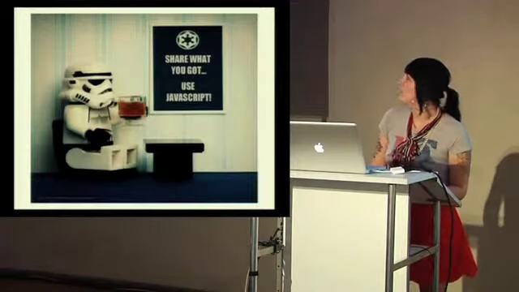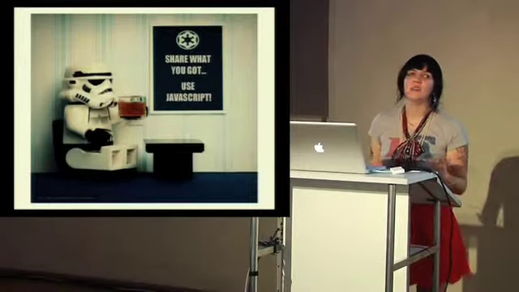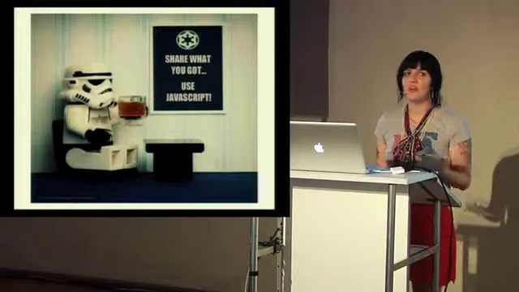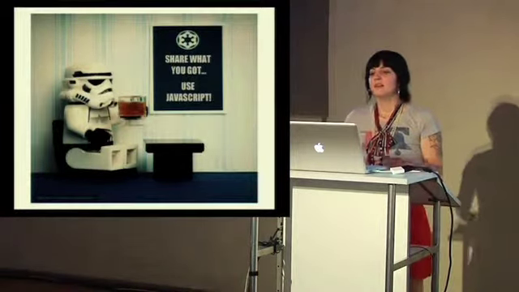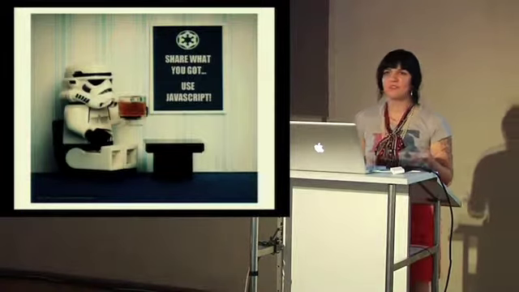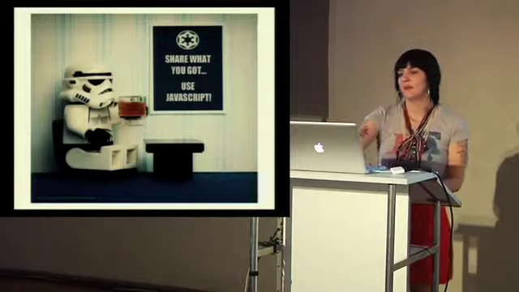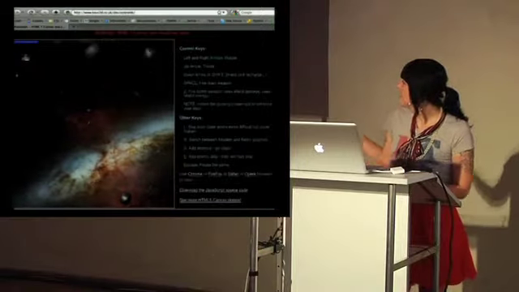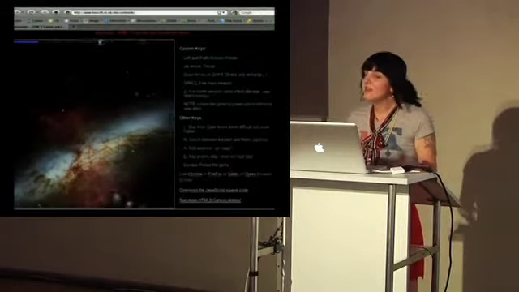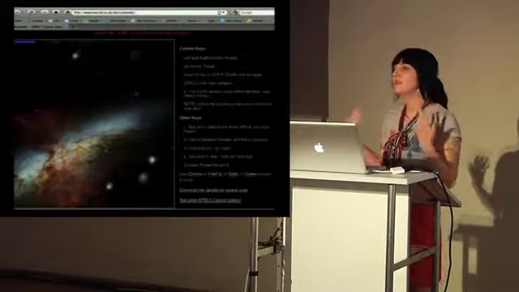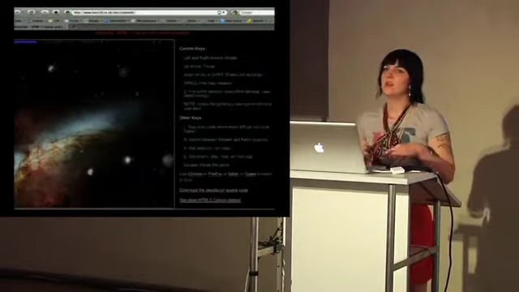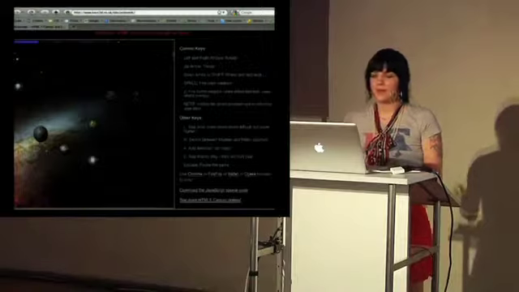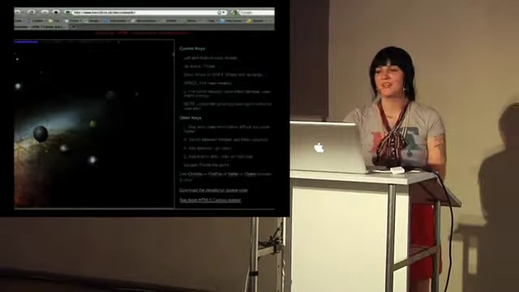Another aspect of JavaScript and web standards is share what you have. To push the web forward, it's really nice to be able to share content and how you did things. One of the problems with using a proprietary system like Flash is that unless someone writes one of those demos, you're not going to know how someone made what they made. So here's an asteroids game, and you can download the JavaScript source code, and it's using HTML5 canvas and JavaScript, and it's really cool. But I can still learn how someone made this, and that's going to help teach everyone how to keep making these really cool things. It's not going to help me be better at asteroids, but besides that, it's still pretty cool.